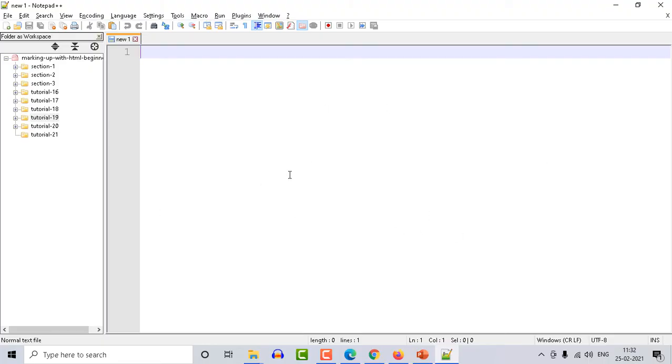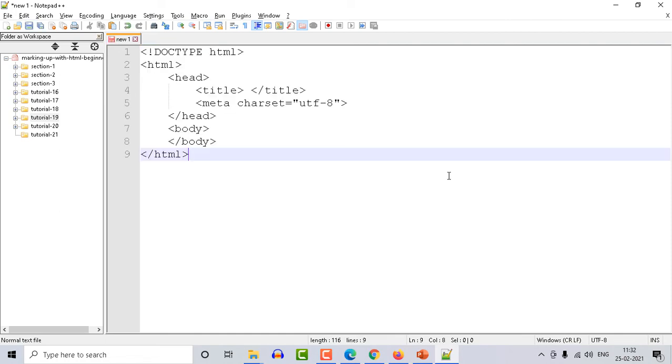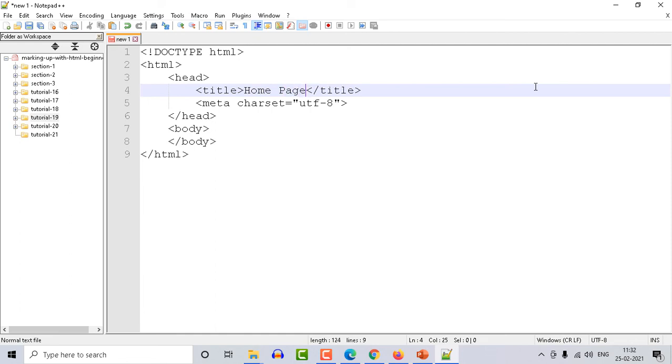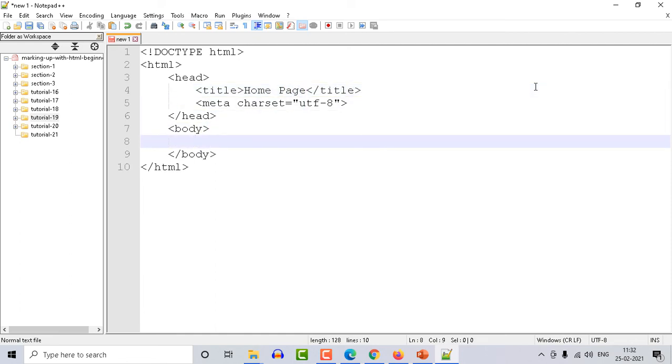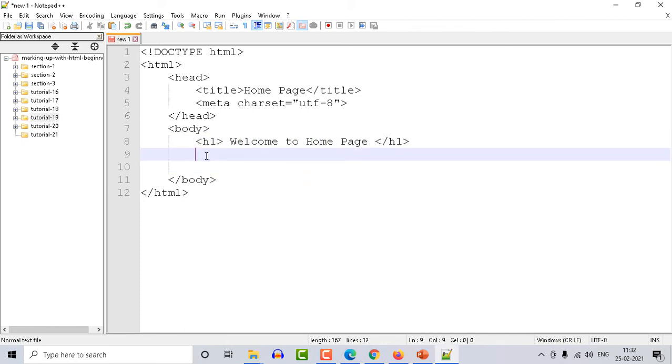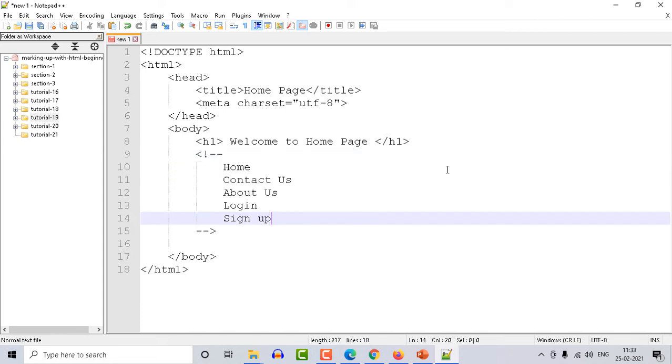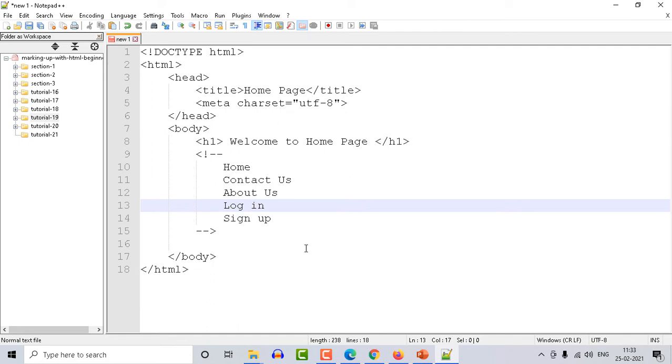So here's our Notepad++, and in tutorial 21, I'm going to create a new file. Right now I'm pressing Ctrl+Alt+Shift+H, and here I'm writing, suppose, home page. I'm going to create plenty of pages here, and in every page I'm going to provide a title and one heading so that I can recognize what sort of page it is. Since it is a home page, I'm writing Welcome to home page. And of course I'm going to create a list of links here for different pages. So let me note down in comments what pages I'm going to create. Quite good, I have taken 5 pages.